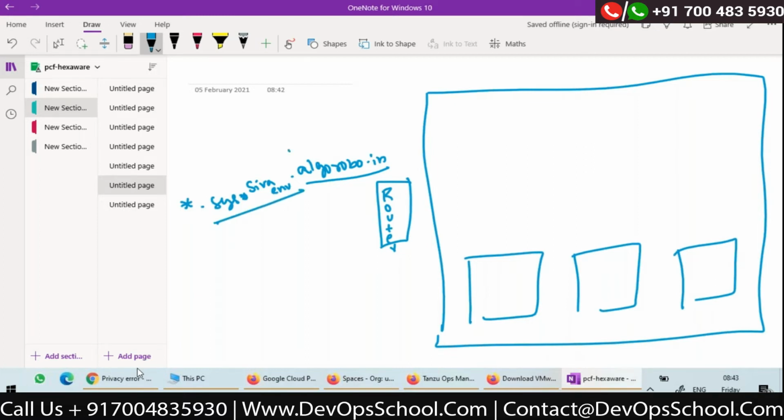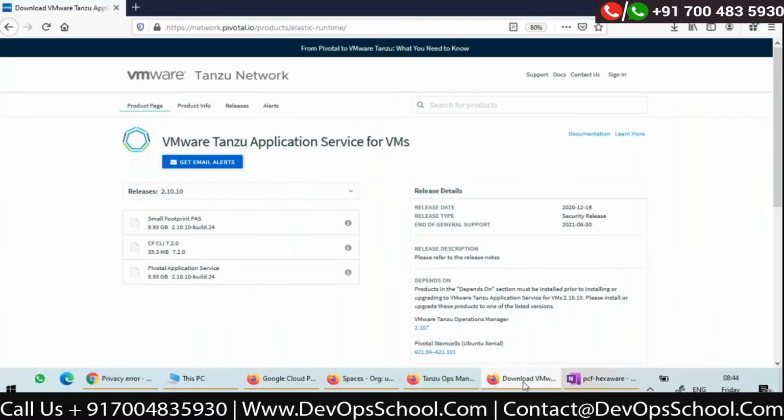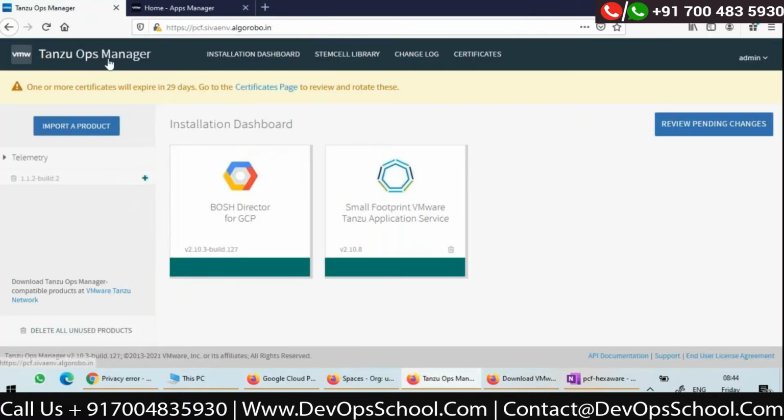This is going to be my system domain. And star.apps.siva-env.algorobo.in. This is going to be my apps domain, I told you, right? So these are the two domains. Now, where did I give this information actually? If you see my Ops Manager.